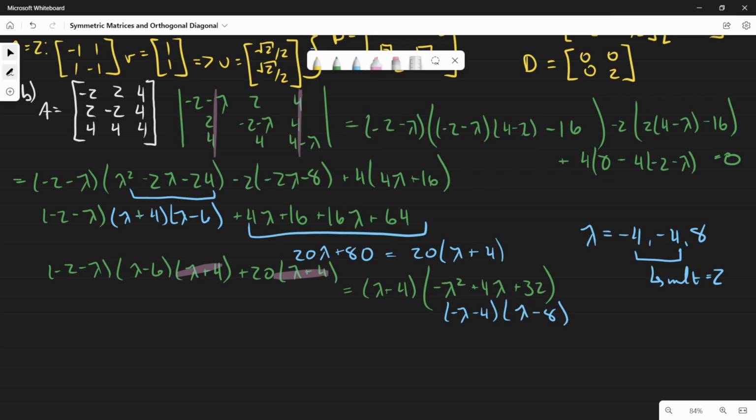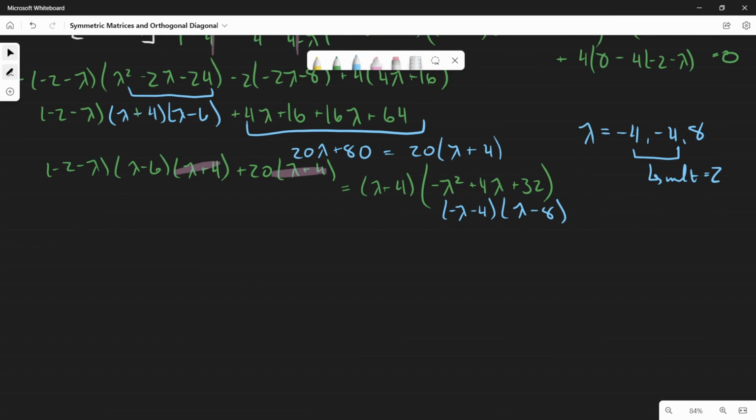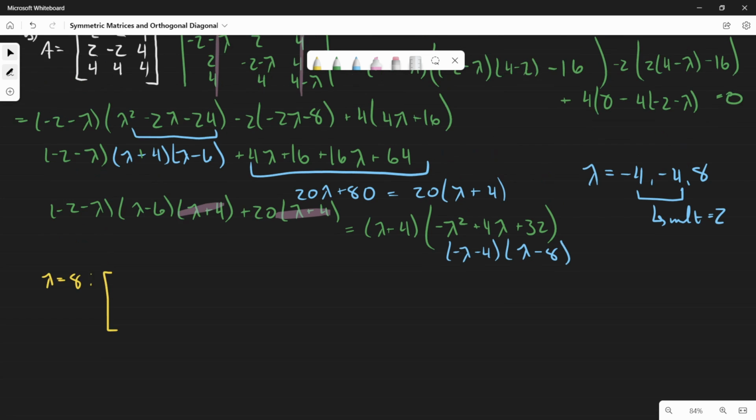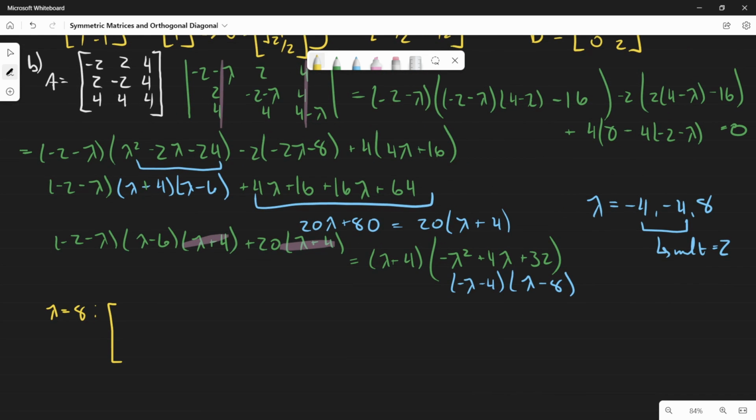So we're going to go ahead and get started with the lambda equal to 8 case, since that one has only one eigenvector. So when lambda is equal to 8, we'll have -10, 2, 4, 2, -10, 4, 4, 4, -4. And so our eigenvector will be